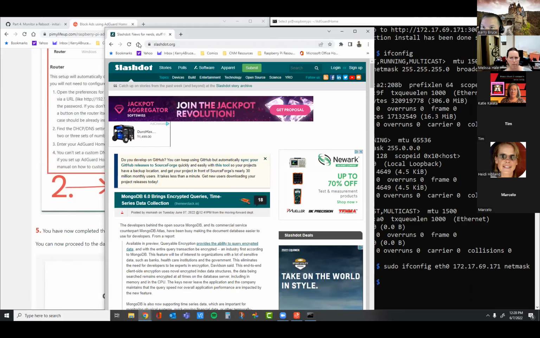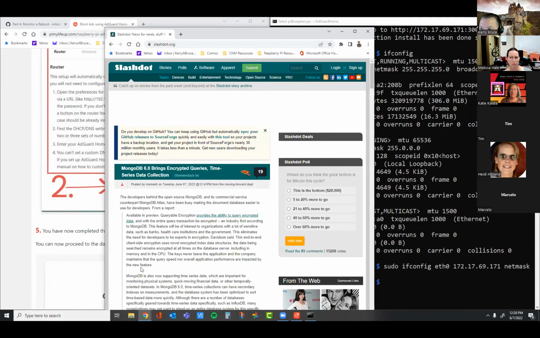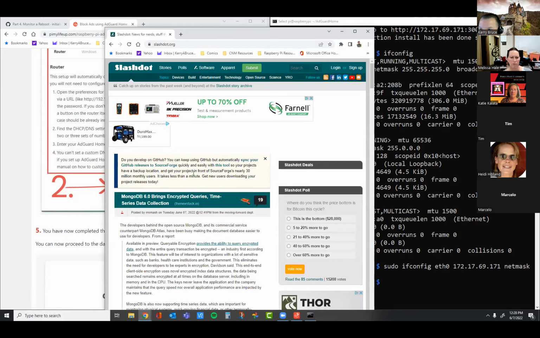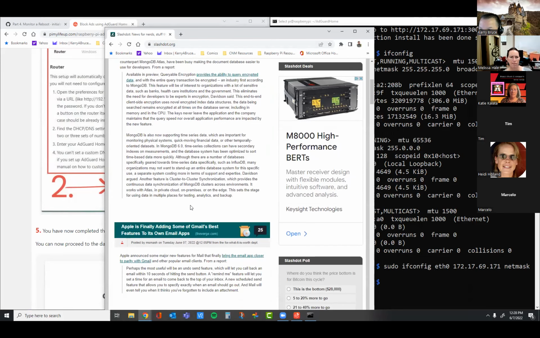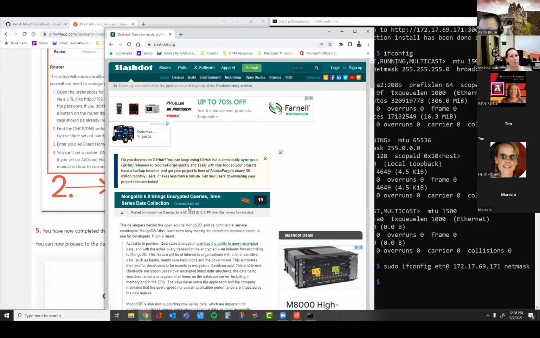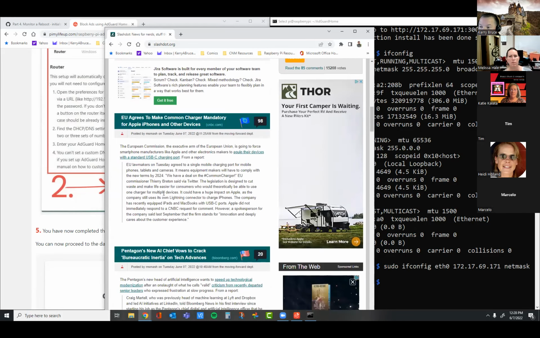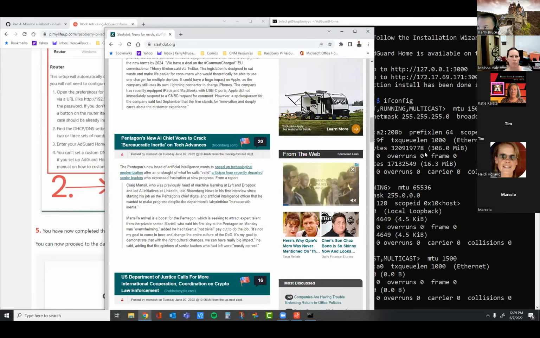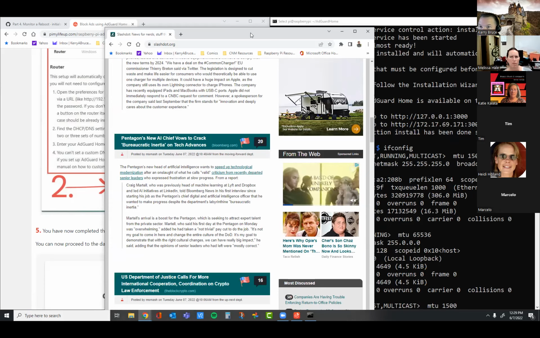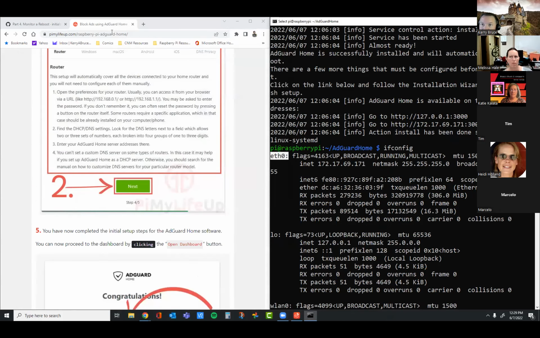Okay. So what did you have to change on your actual router? I didn't change anything on my router on purpose. I'm trying to avoid changing the router. Right. And I'm trying to avoid ads, but look, I still got ads, right? So I don't think that's going to change.